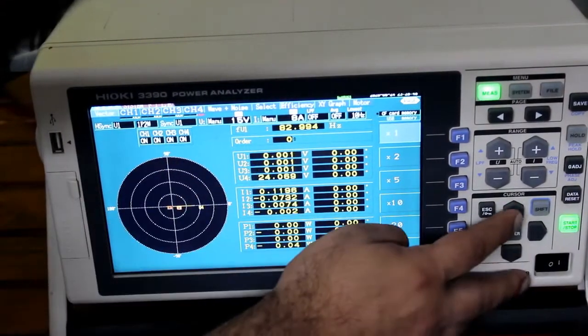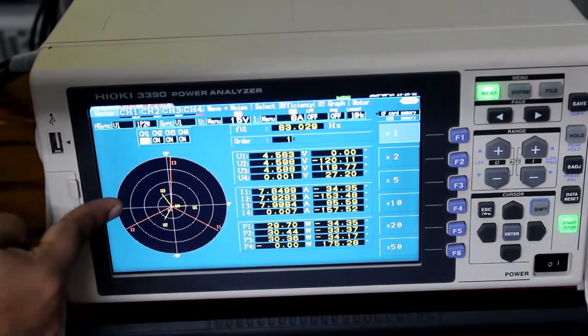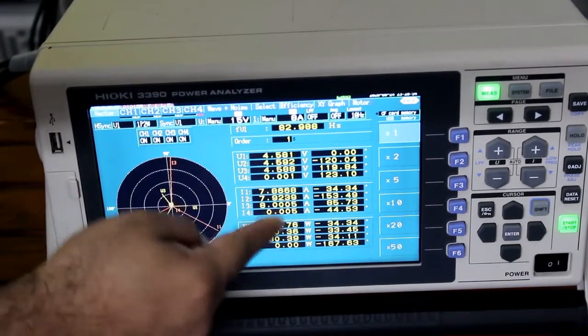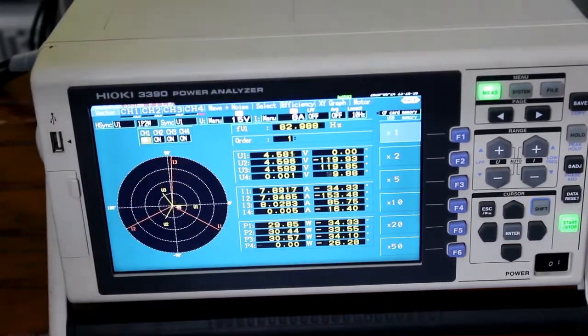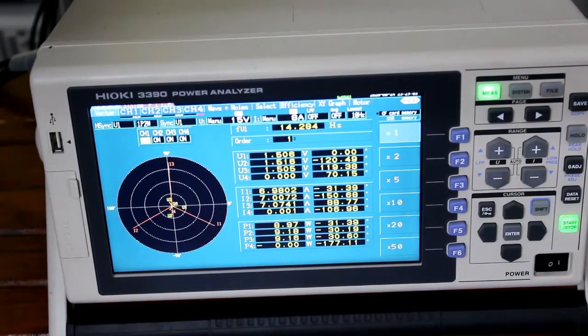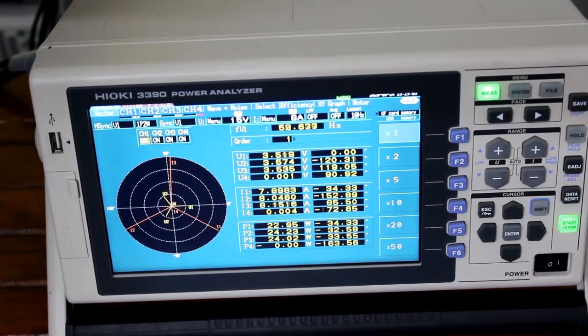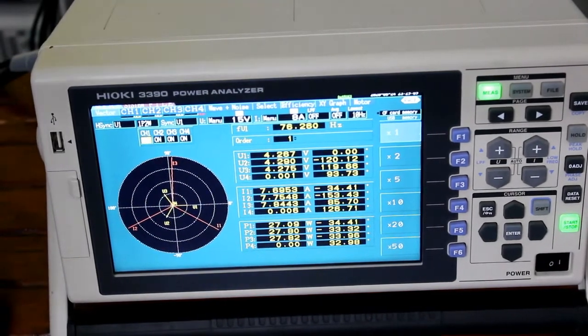Right, this is order number 0. If I toggle by the up and down key, now the fundamentals started coming up. All the parameters are coming up here, and the frequency you can see is 83. I can change it like that, right? So it's 76 hertz right now running.